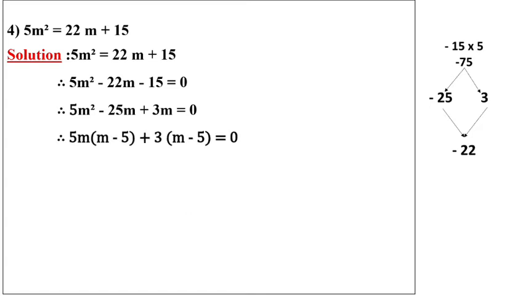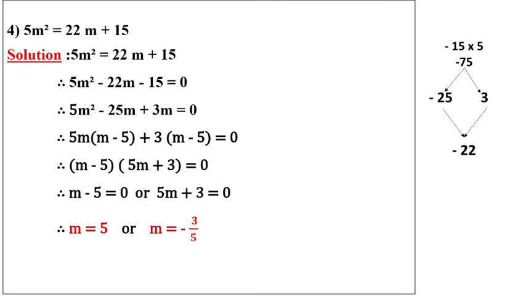So here, by mistake, I forgot to write 15. What is the common? 5m is common. M goes inside, minus, in the 5 table 25 comes 5s. The same bracket will be copied here. What remains now? Plus 3. So the common bracket is m minus 5 and the uncommon bracket is 5m plus 3 equal to 0. So minus 5 becomes plus 5 and plus 3 becomes minus 3, and 5 is multiplication so it becomes divide. So 5 and minus 3 upon 5 are the roots of the quadratic equation.